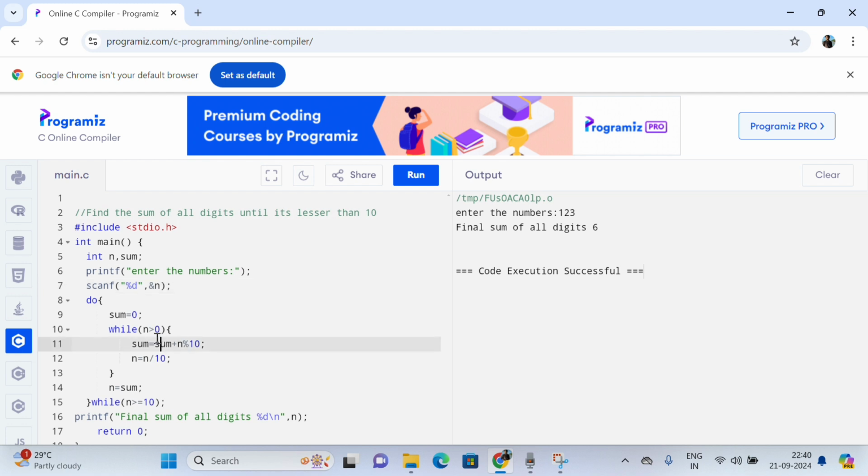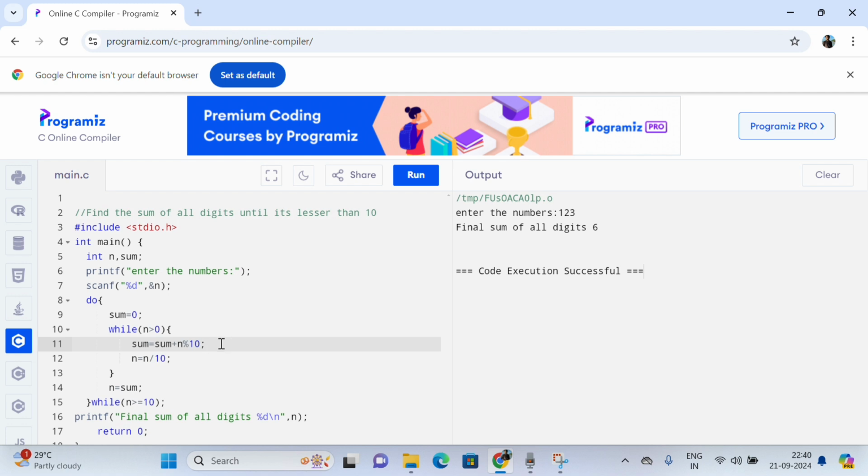After that you can see I start an inner while loop with the condition n greater than 0. This condition basically extracts each digit from our input, and then in the inner while loop we write sum equals sum plus n modulo 10.